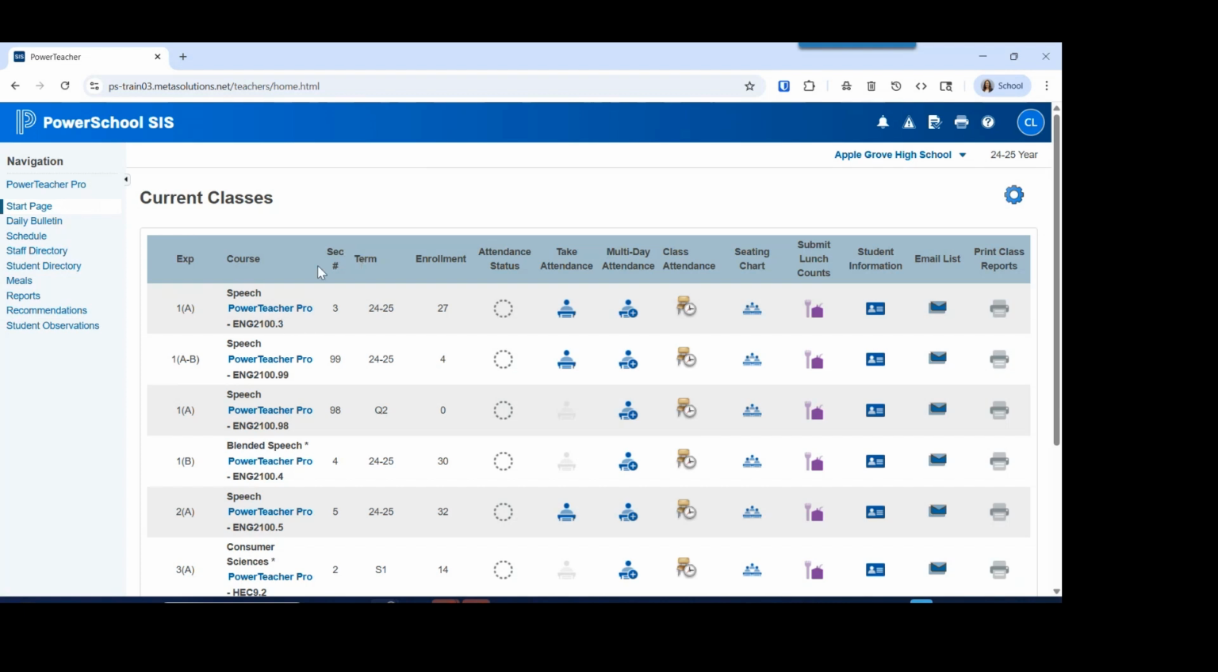Again, we talked about the section number, this column within your manage profile. You could hide the section column here if you don't want to see it, because it is listed here. That is something that you could do. Also within the course, you see there is a link to PowerTeacher Pro. The difference between this link to PowerTeacher Pro and this link over here in our left navigation, this PowerTeacher Pro